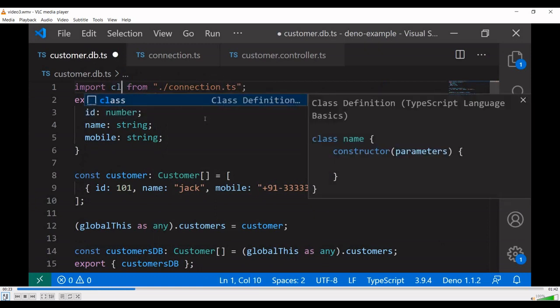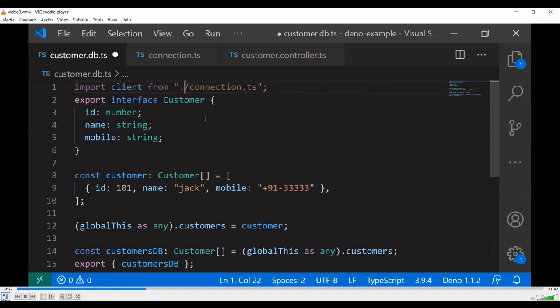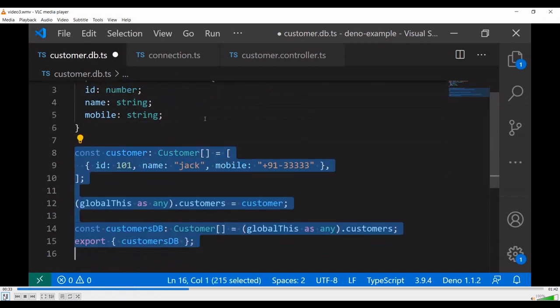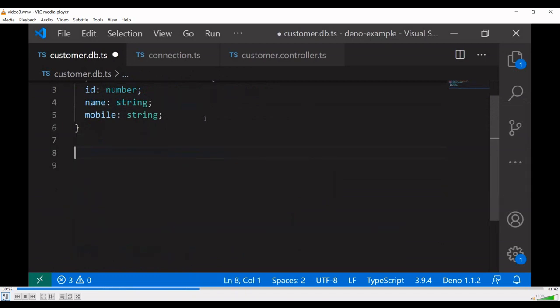It's a default connection, so no need of curly brackets. We can remove the arrays and other information. I'm creating a class so the methods can be called from the controller. Customer DB.